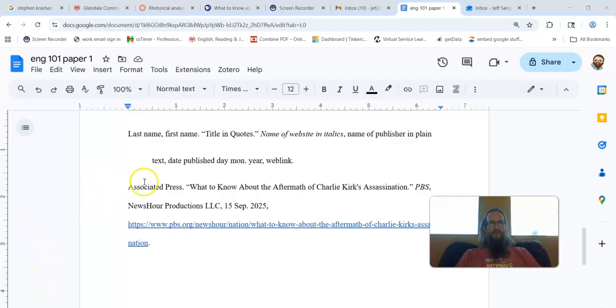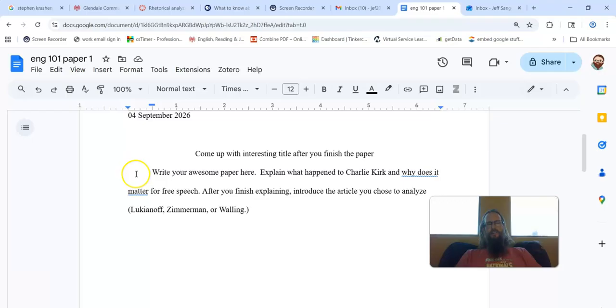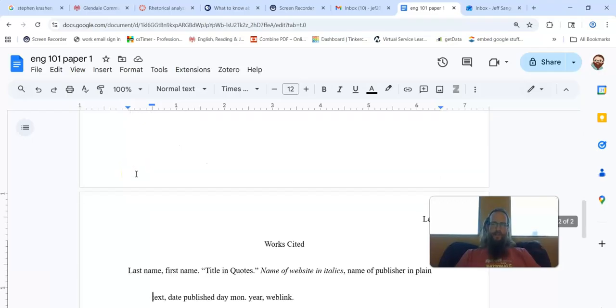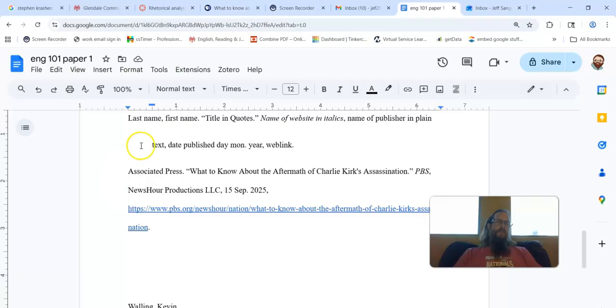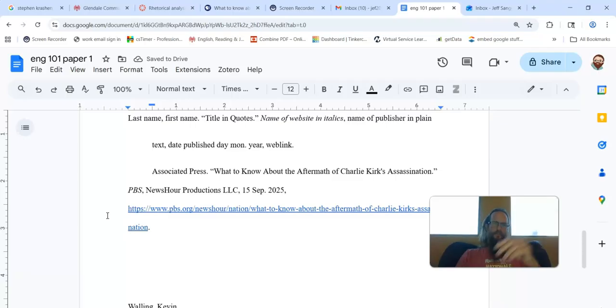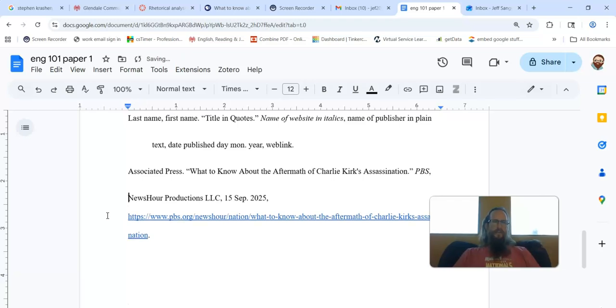Okay, the citation is almost done. But do you notice how in the sample, the first line is not indented and the subsequent lines are? It's weird. It's like the opposite of a paragraph, right? In a paragraph, you indent the first line and none of the rest, right? You use tab. So then you think, okay, well, I'll just tab this over so it looks like it's supposed to. And you hit tab, and then it moves the top line instead of the second line because it thinks you want a paragraph, right? So here's what you do. Put the cursor here, hit enter, and then tab. This works even in iPads.